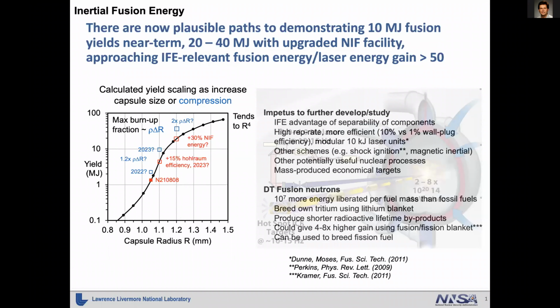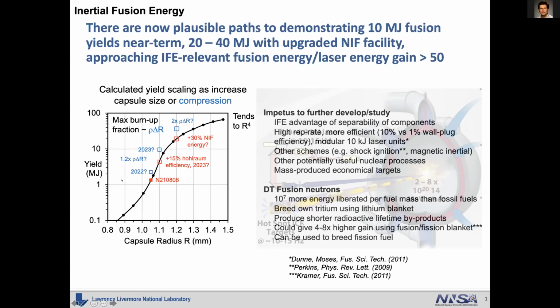This is one slide, and I thought I'd put it in terms of what we can do going forward and how far we'll be in terms of initial fusion energy. So, starting with the talk I gave, I would say there are now plausible paths demonstrating 10 megajoule fusion yields near term, 20 to 40 megajoules with an upgraded NIF facility, which is approaching the IFE relevant fusion energy to laser energy gains of greater than 50 needed to have a viable economic case. But the problem is, of course, you have to do this at high rate. But anyway,